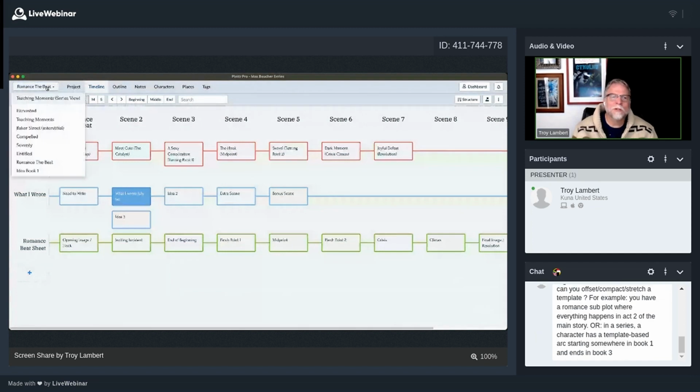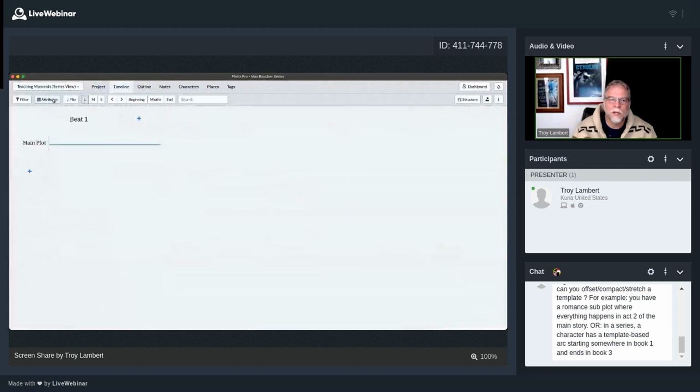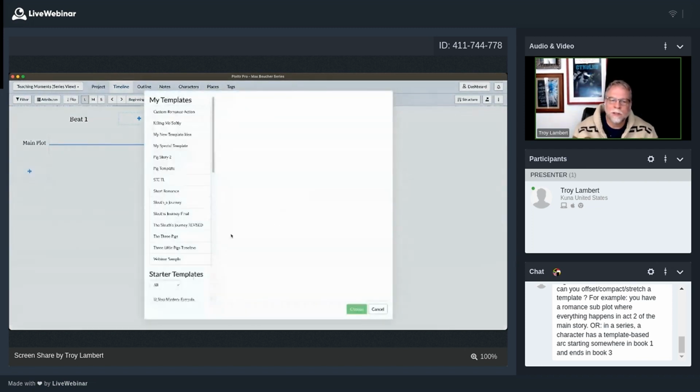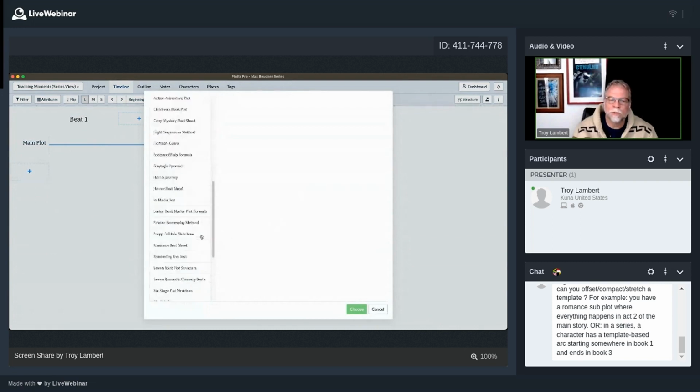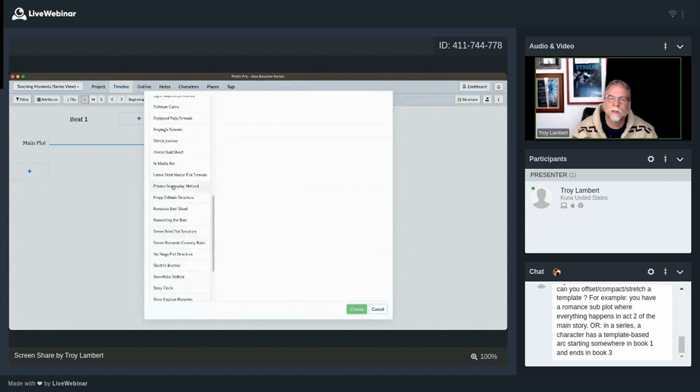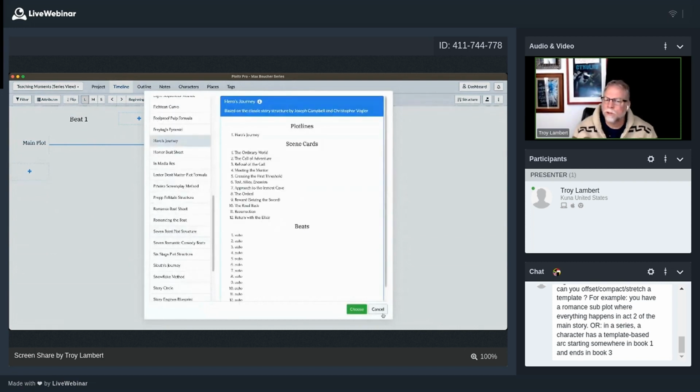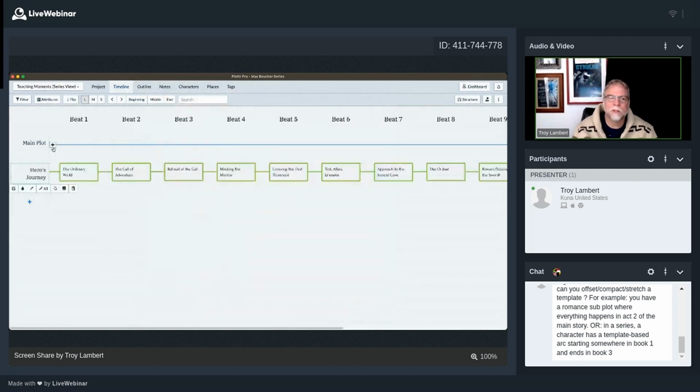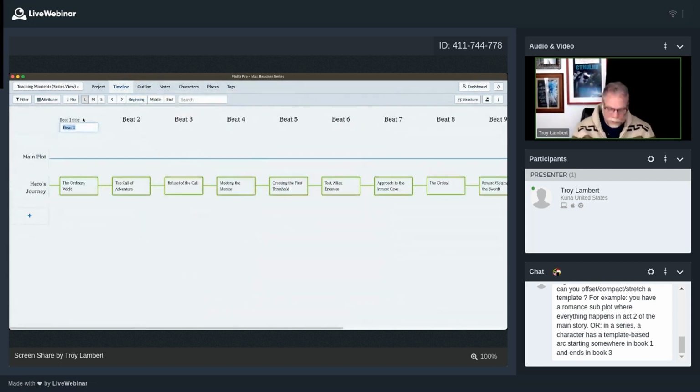So when you come under this drop down menu here, you have your series view. Now, in this series view, you can have all of your books. For me, the overall series is going to be a hero's journey, because in this particular case, it is. Now, beat one,